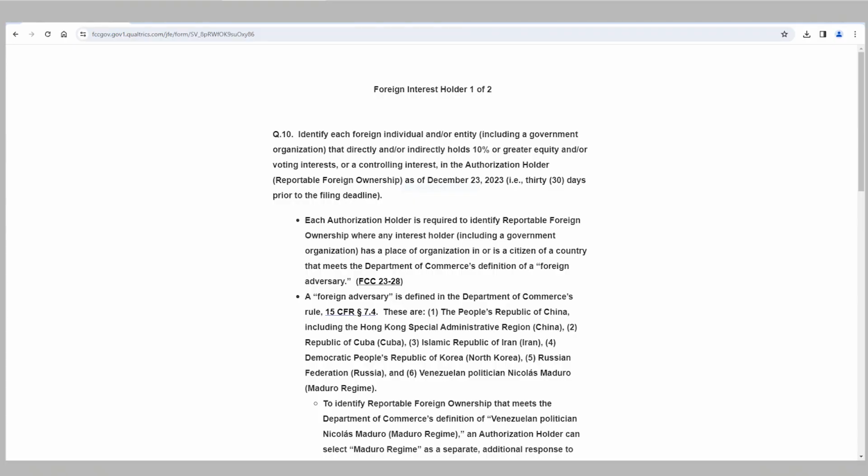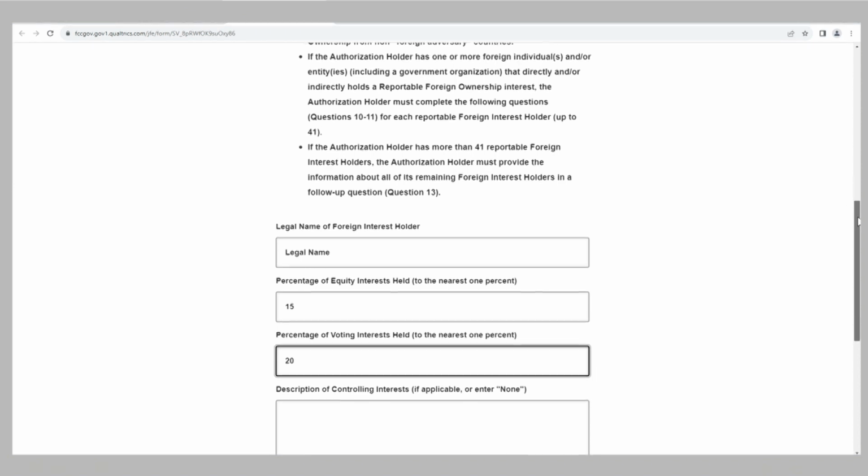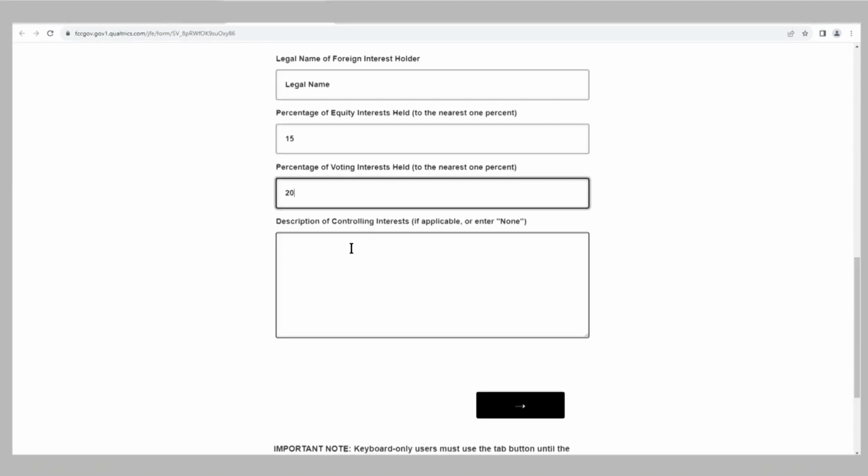In question 10, identify each foreign individual and/or entity, including a government organization, that directly or indirectly holds 10% or greater equity and/or voting interest or a controlling interest in the authorization holder as of 30 days prior to the filing deadline. After entering the information for the foreign interest holder and clicking the arrow, you will advance